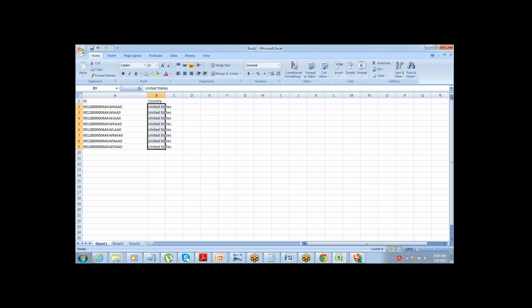So you don't need to have all the fields now. You just need the ID, the reference point, and what needs to be updated. The ID will help the data loader find the exact record, and this field will be updated there. So that's it: the updated values and the IDs. Nothing else is required. You can just go ahead and save this.